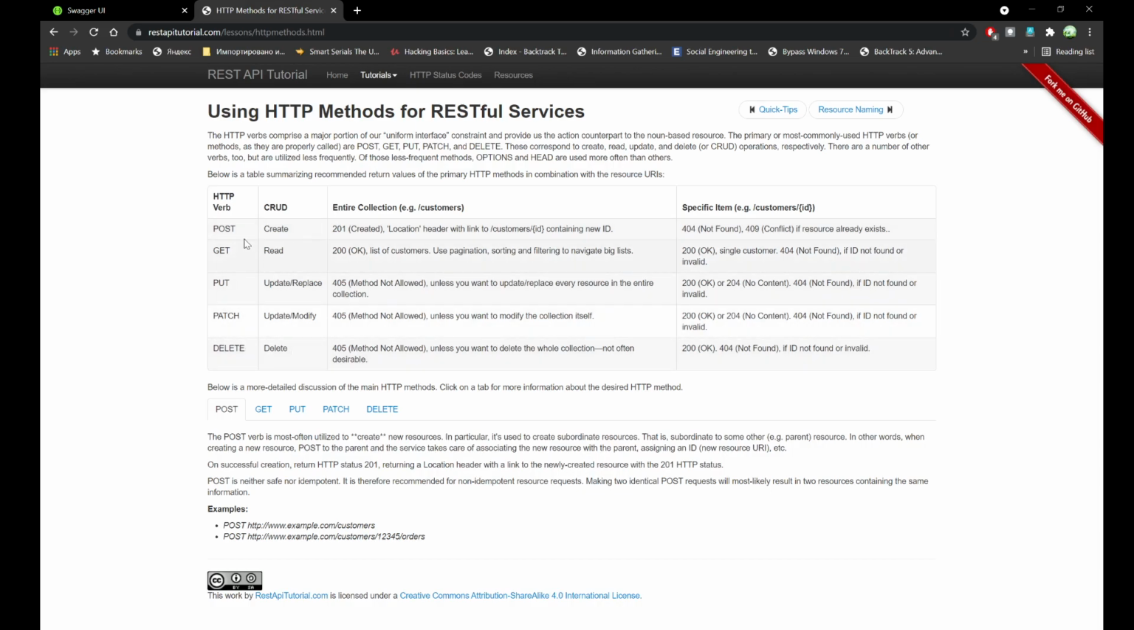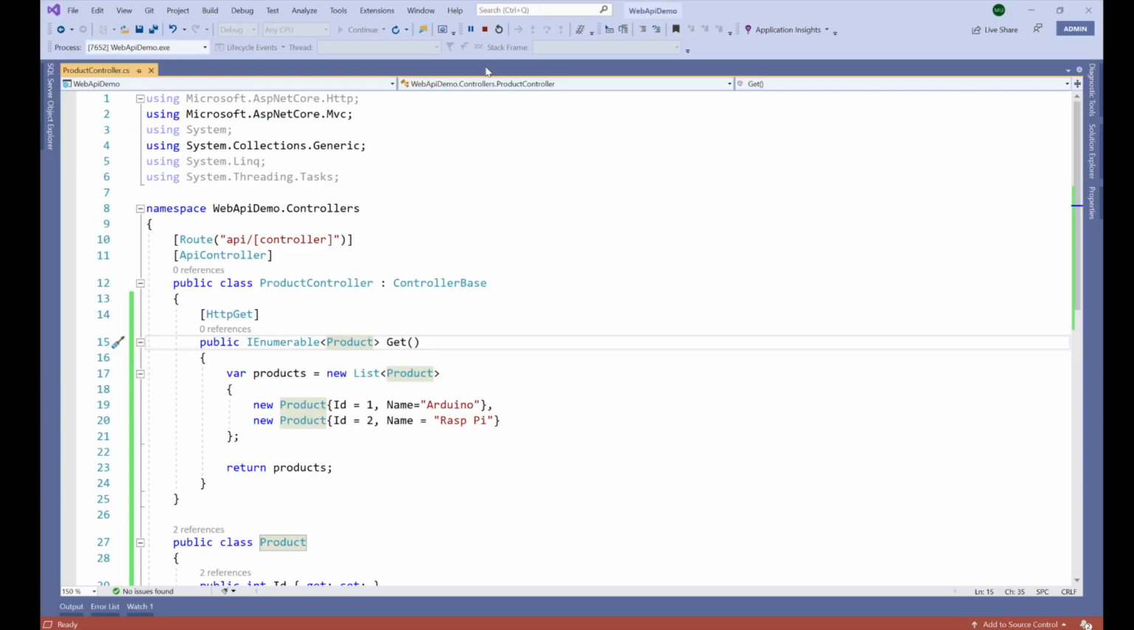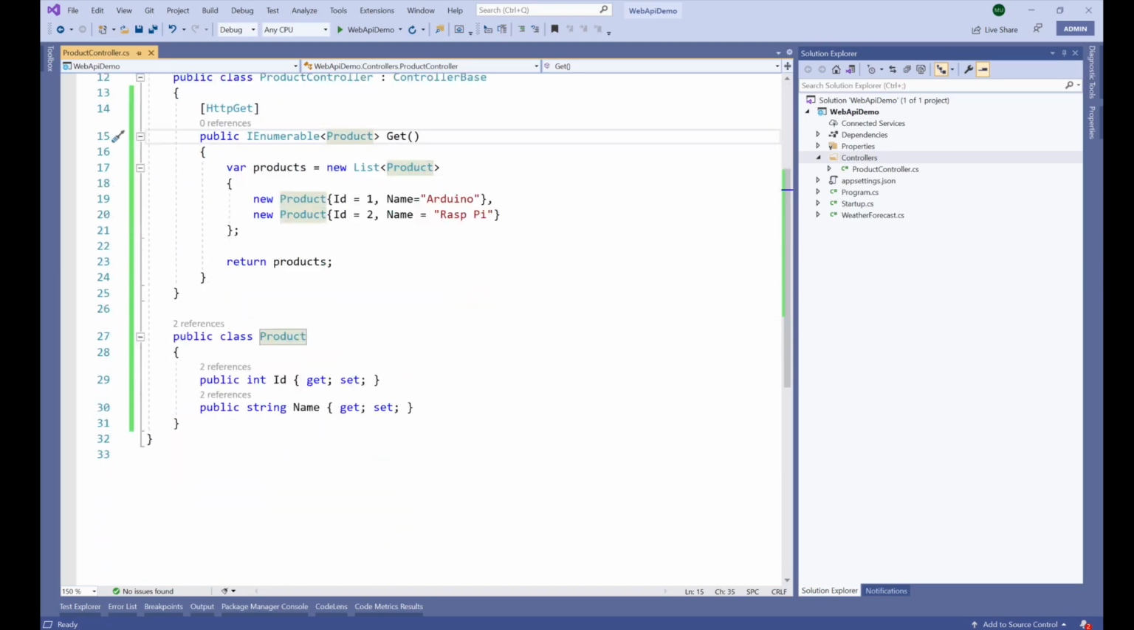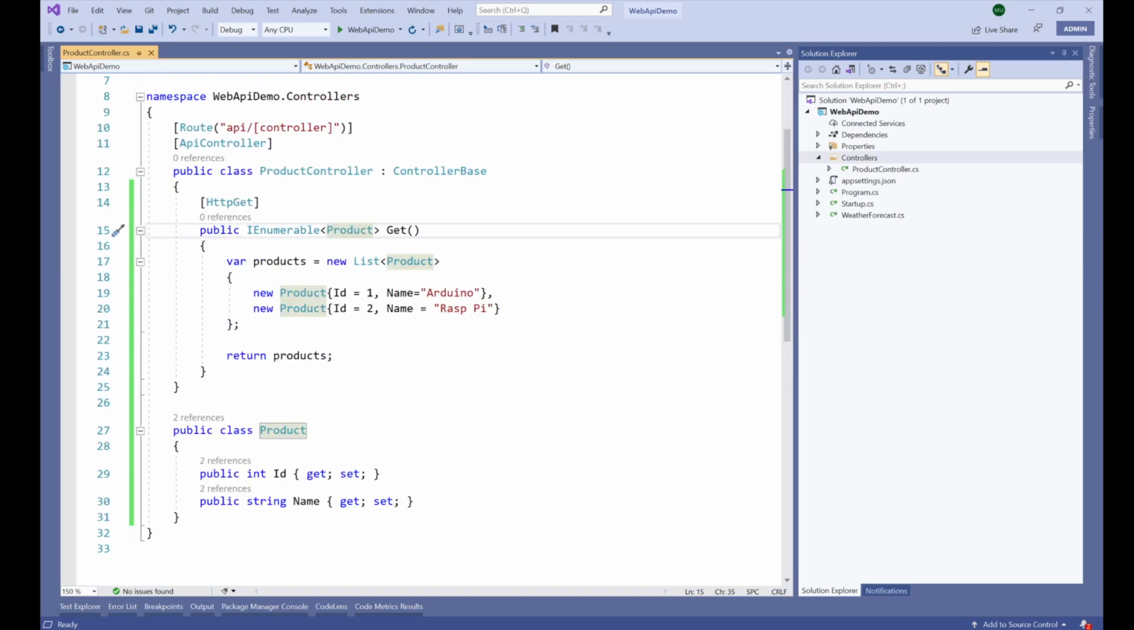So in this demo we are going to learn the 4 HTTP verbs: post, get, put, and delete. So let's jump to Visual Studio. This is the project that we created in our previous demo, and here we have created one action before. This get method has been decorated with the HTTP get attribute. So this is the resource. This endpoint gives information about the product to the consumer of the web